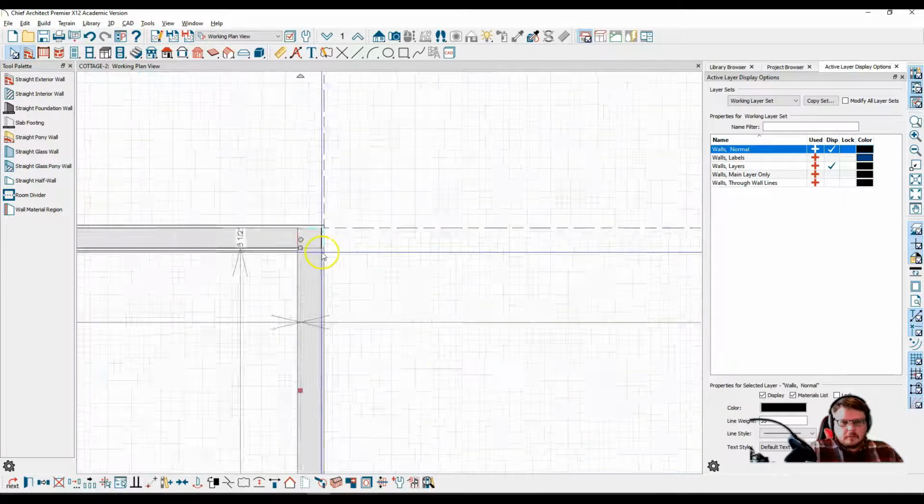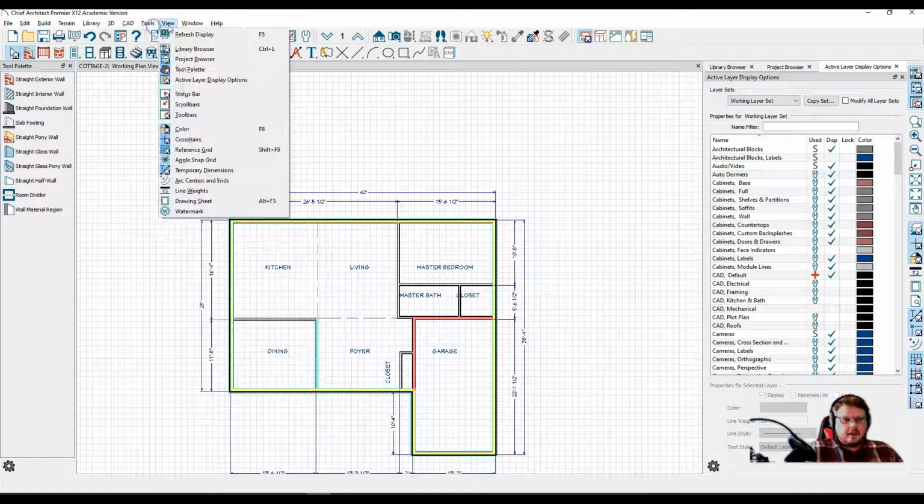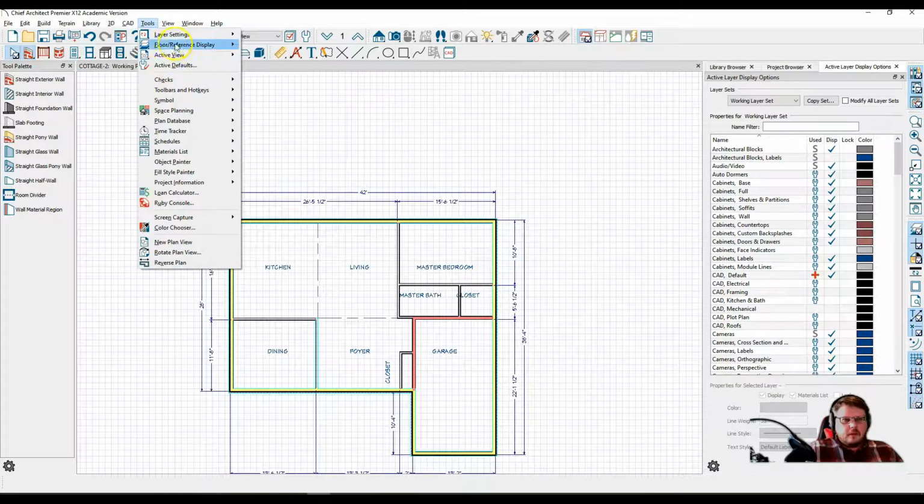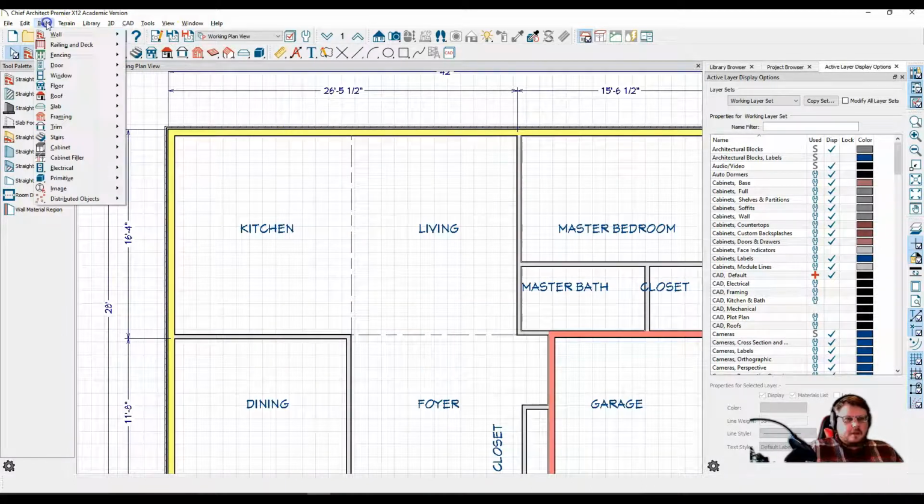Why does this have a blue line around it? I don't know. Oh, that's because I still have my reference on. Tools, reference display. We'll turn that off. Okay, there we go. So let's go to build, and then we want to go to stairs, and we want to